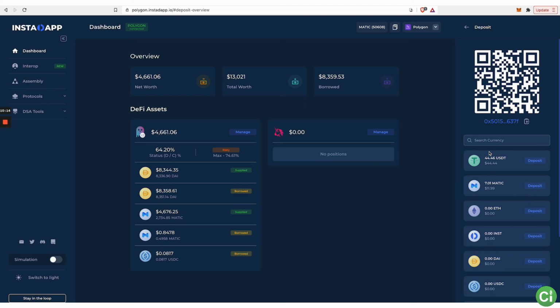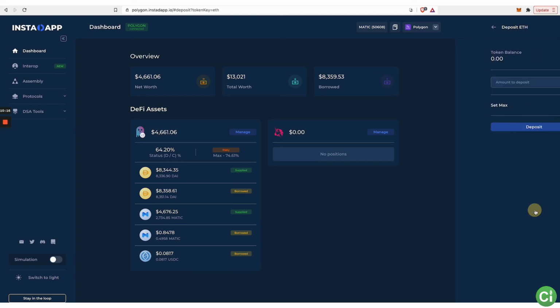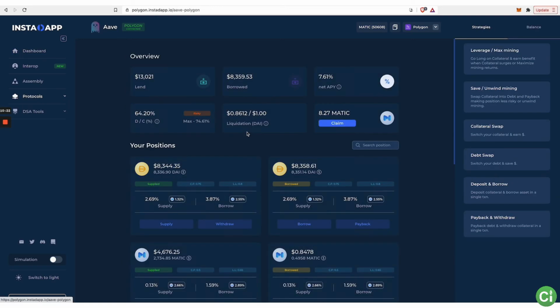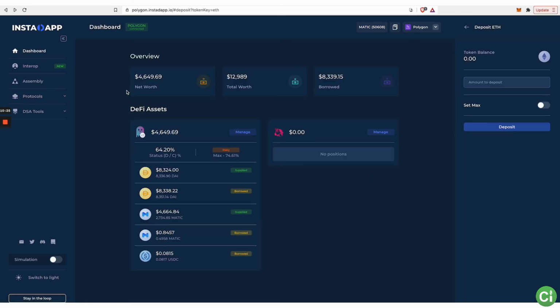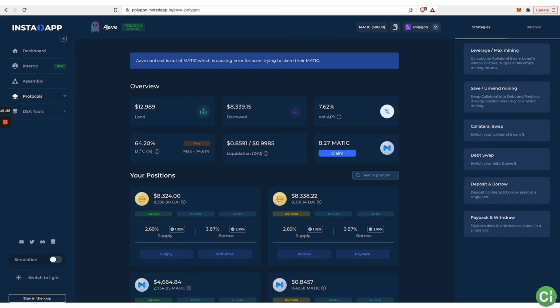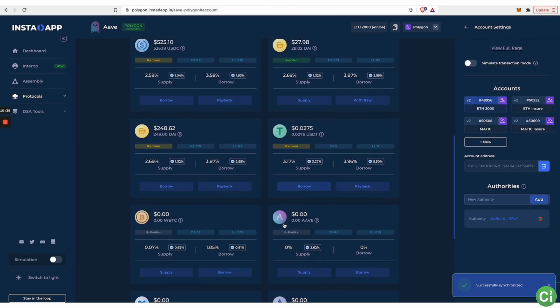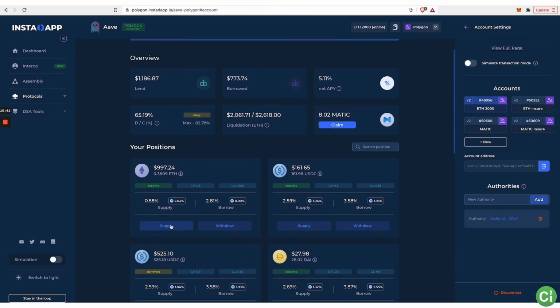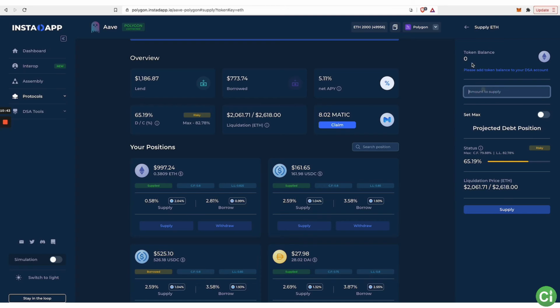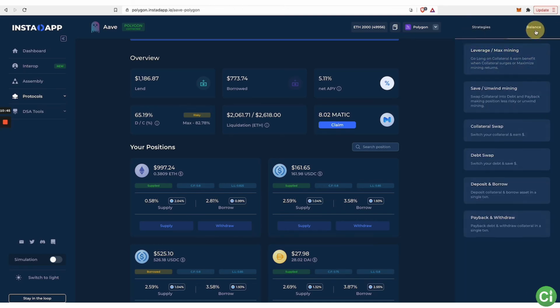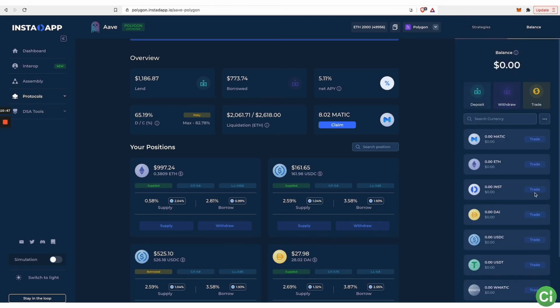Okay, so I would deposit through here. So if it's ETH, I'd click deposit, right? And then you select the amount to deposit, and you would do that. Then you would come into manage, which, by the way, this is using Aave, right? This little symbol is Aave, right? So clicking manage, it tells you right here it's Aave, Polygon's connected, all the stuff is good, okay? Then you would go into ETH, so this is just a demo account. You'd go into here, you'd click supply, put the tokens in there, right? So you would have tokens in your balance right here.